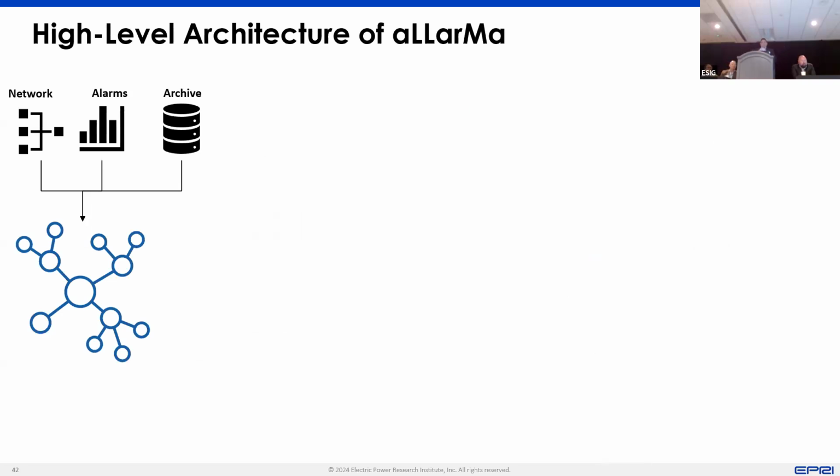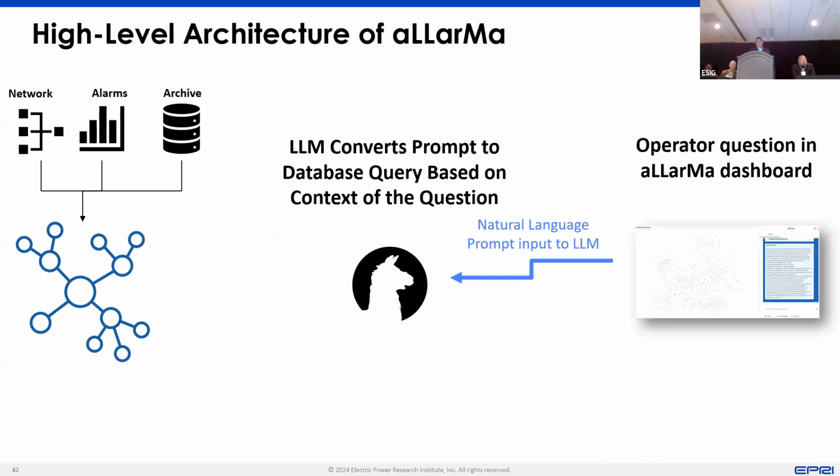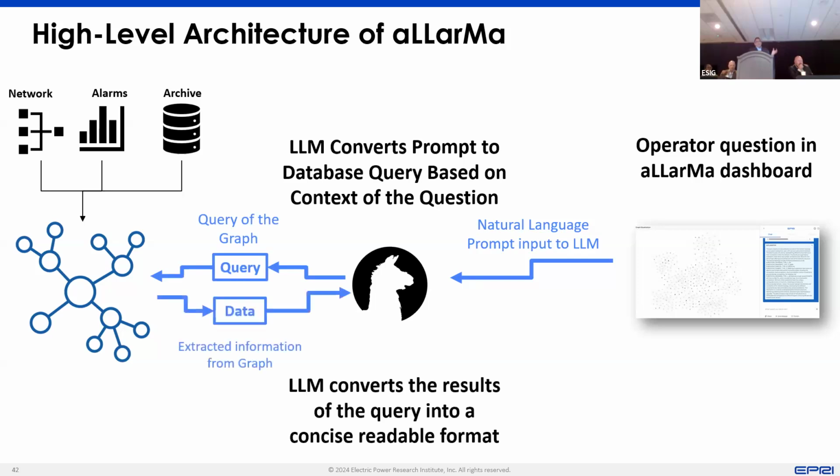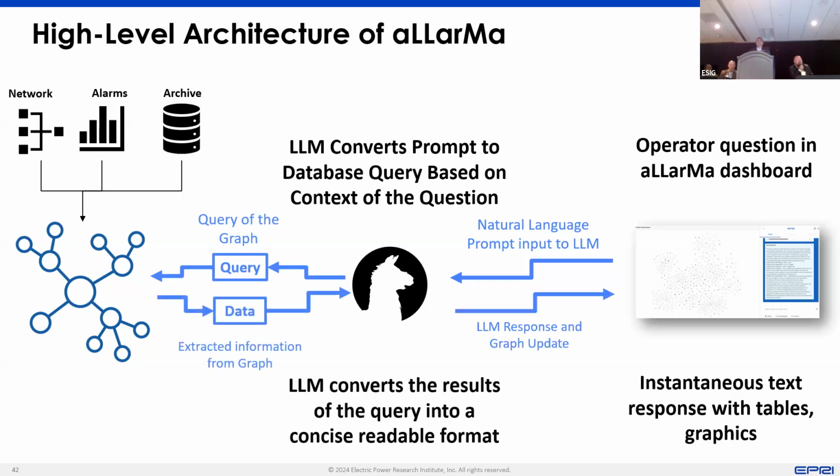Once you have this large graph data model built, the user can simply ask a question, and the LLM will convert that question into a query, and that query will go and extract the information from the graph model, and then take it back to the user and output the results. When I was talking about network security, here we are not exposing the operational data to the LLM, but we are just training the LLM on the queries. So queries are the ones which the LLM gets trained on.